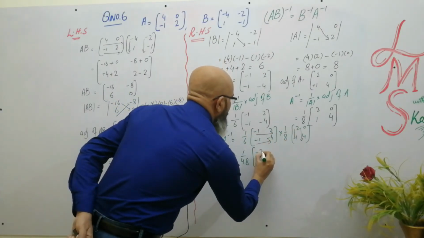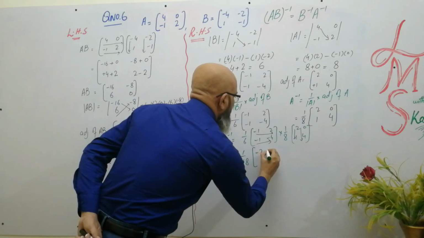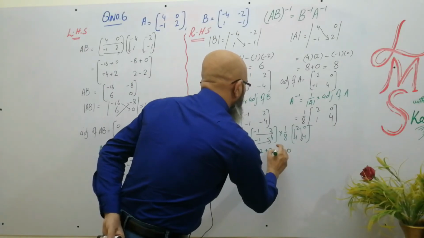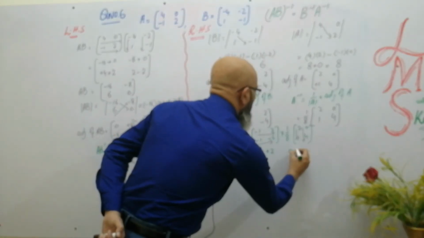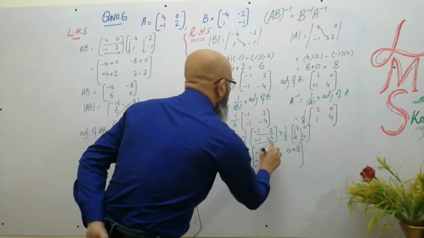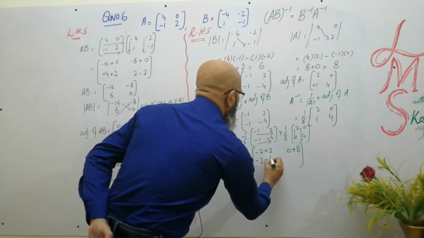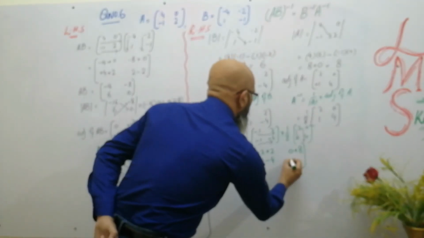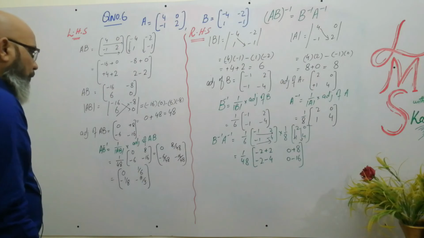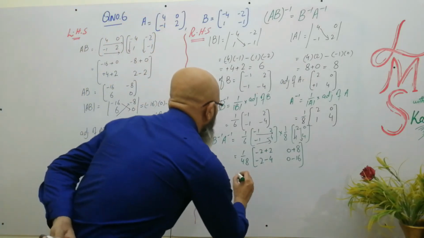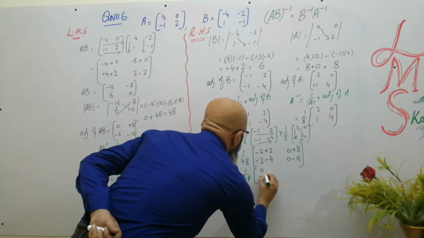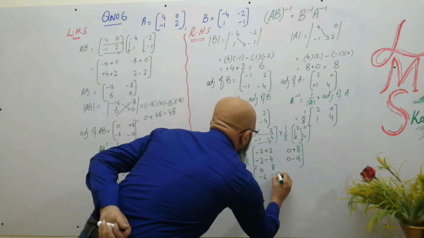2 ones are 2 plus 2 ones are 2. Minus 1 multiplied by 0, 0 and 4 2's are 8. Minus 1 multiplied by 2, minus 2, minus 4 multiplied by 1, minus 4. This one is 0 and this one is minus 16. So now multiply 1 over 48 inside the matrix. First we will solve it. 0, minus 6, 8 and minus 16.